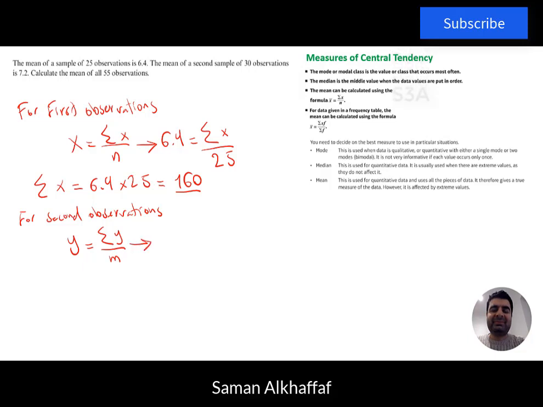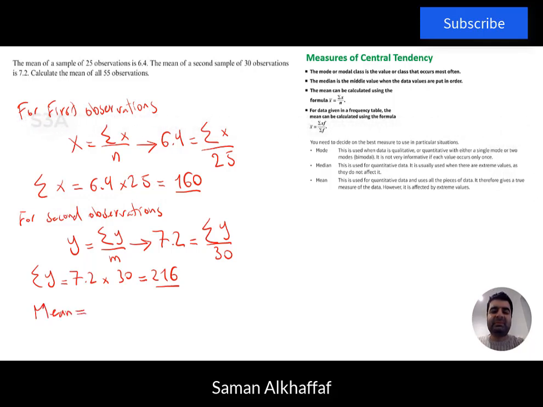So in this scenario, ȳ will be represented by 7.2, which is the sample mean of the second sample, which will equal the summation of y over m, where m is represented by 30. So in this scenario we would have the summation of y equal to 7.2 multiplied by 30, which will give 216. So in this scenario, to find the mean, we will take the summations of